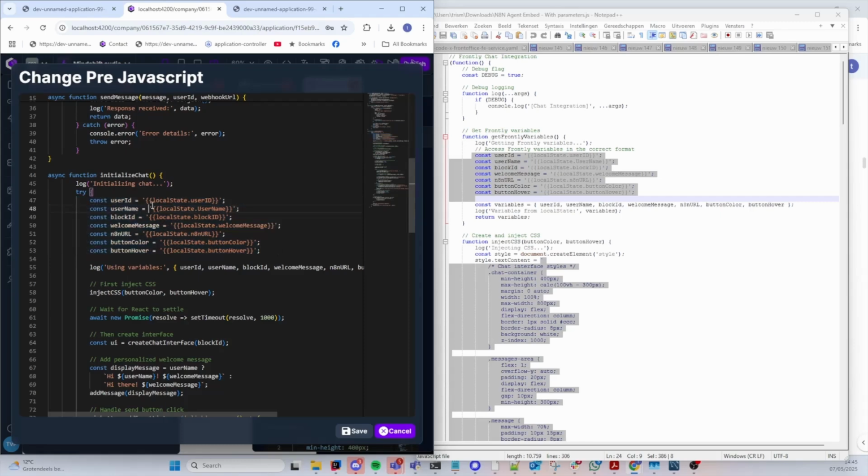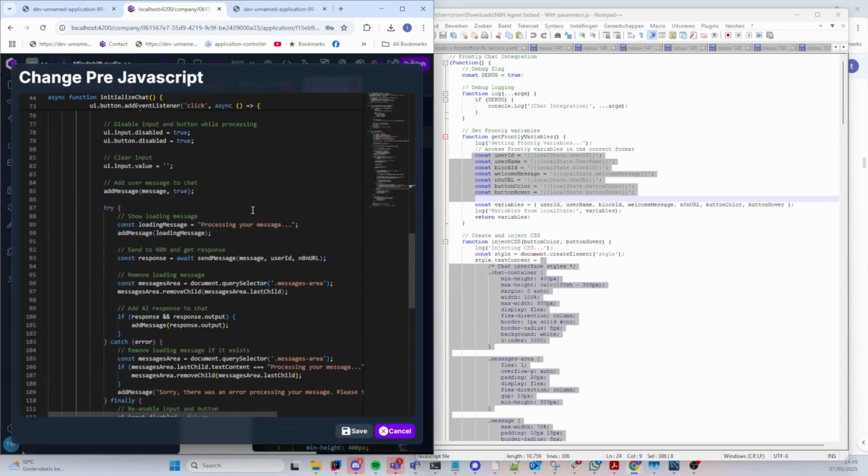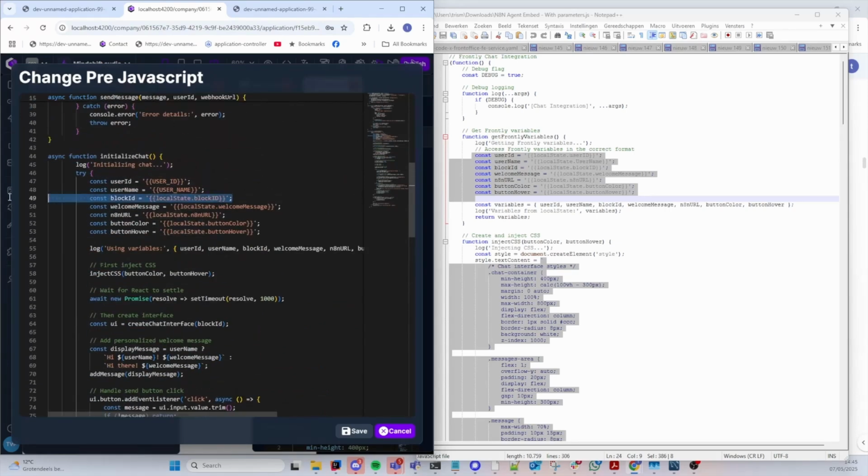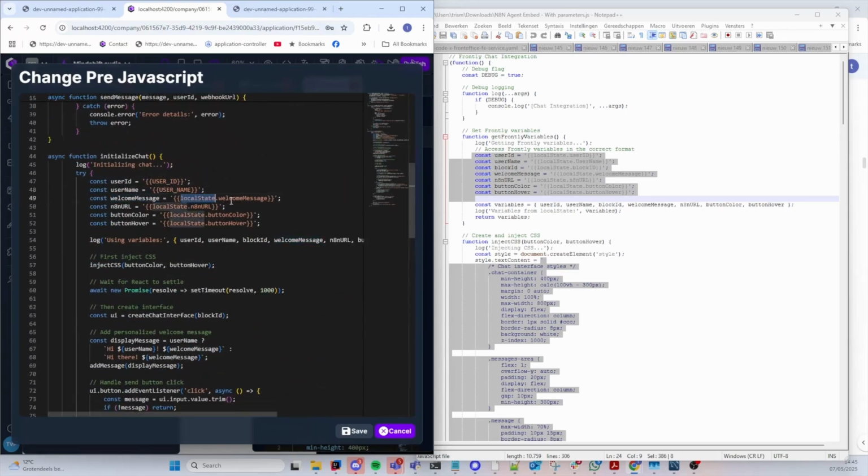We will use user ID, username, and this local state. Yeah, this local state just reminds me of an announcement that I can do,